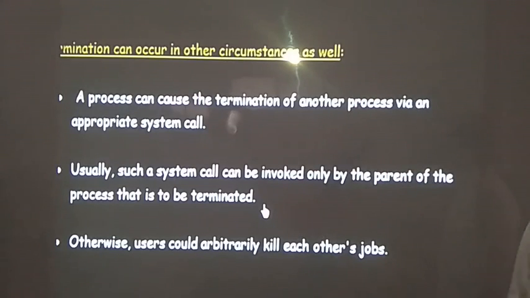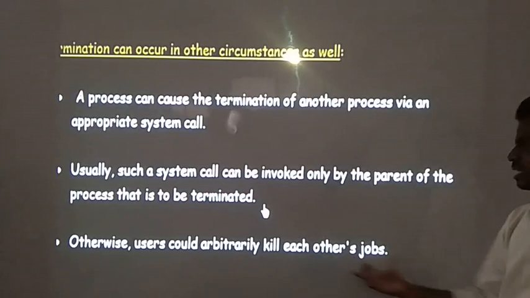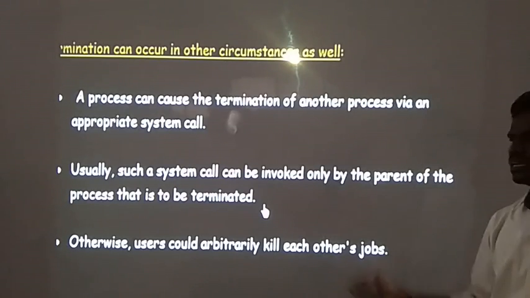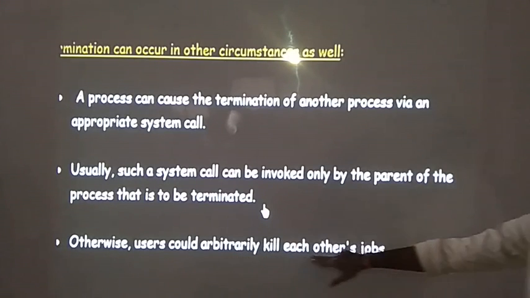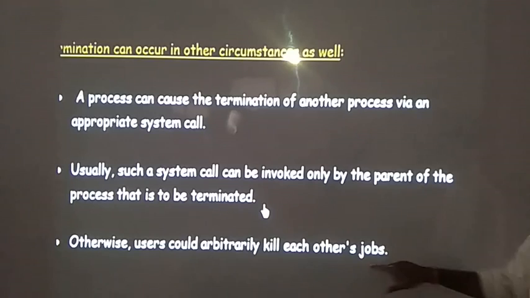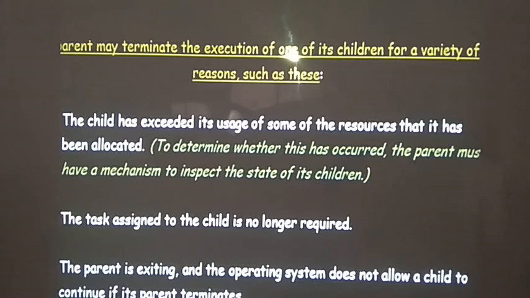Or else, if you have authority to terminate all the processes, it will lead to a confusion state, or some other process may get terminated by other processes. Otherwise, users could arbitrarily kill each other's jobs. If it is not this, then they can kill any processes that they want. And the third thing that we are going to discuss is